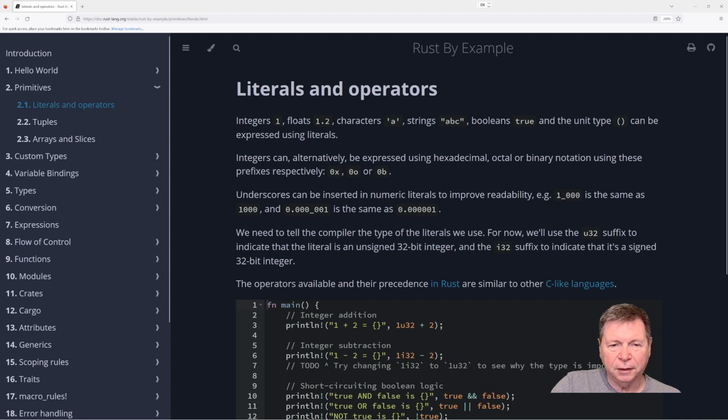All right, literals and operators. What have we got here? Integers, floats, characters, strings. Okay. And characters have single quotes, strings have double quotes. Again, this will be a little different for the JavaScript people or PHP people in that this should be familiar to Java and C#. Single quotes means character, double quotes means string,